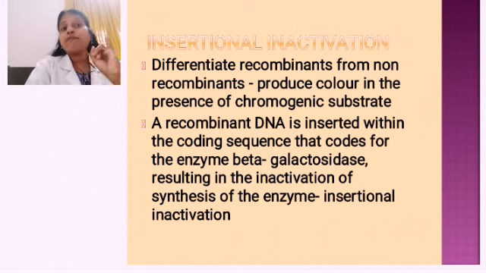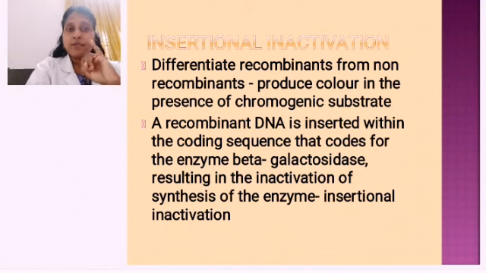One is that they should have an ORI site, origin of replication. Only with that site will replication take place, and from 1 DNA to 2, 2 to 4, 4 to 8, like that you can find copies are formed. So the important thing is that they should have an ORI site.